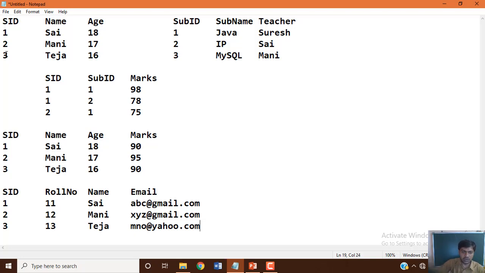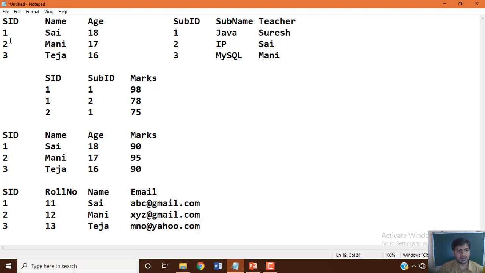Now if you want to see the relationship, the student table, then the subject table, and the third one is the marks table. The student table has student ID, name and age, the subject table has subject ID, subject name and teacher name, and the marks table has student ID, subject ID and marks.